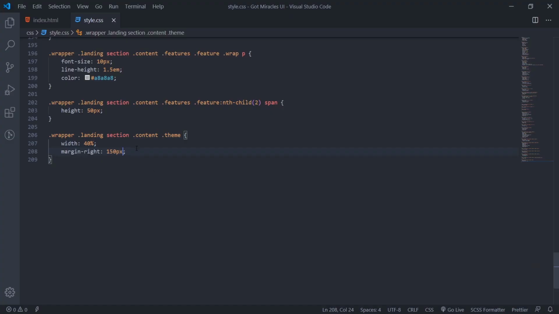I'll come down and set position to relative.